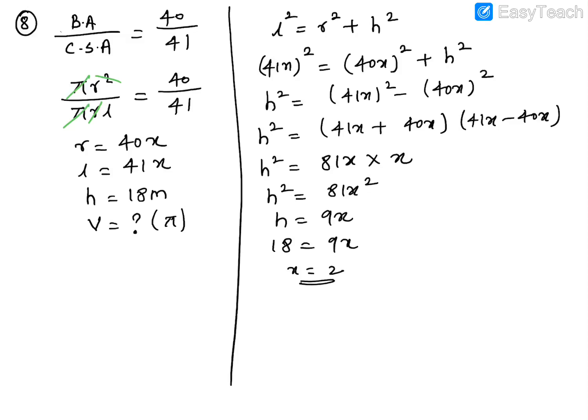Okay, now how will you find out the volume? So volume is equal to what? 1/3 pi r squared h. So 1/3 pi r squared. What do you mean by r squared? 40x into 40x into height, which is how much? 18. So now here also we can do the calculations. 3 1s are 3, 6 are. So now 4 4s are 16. 16 6s are